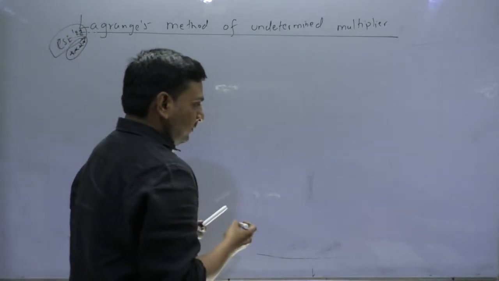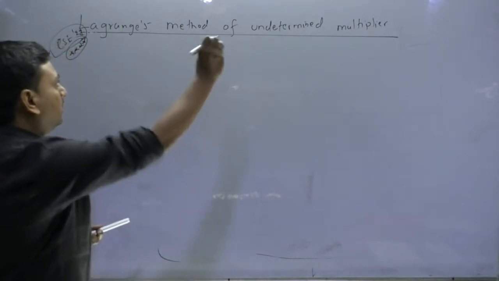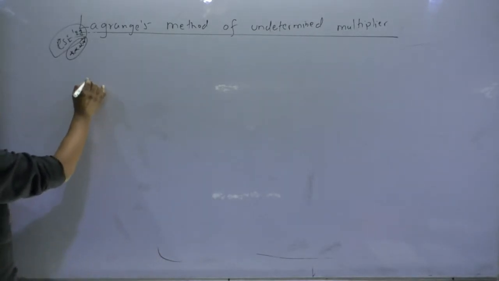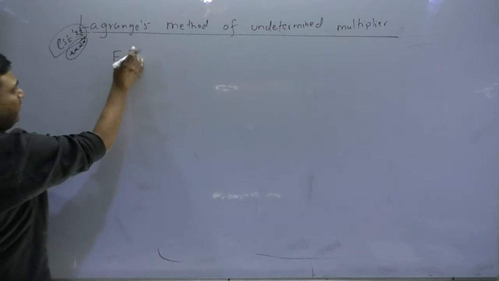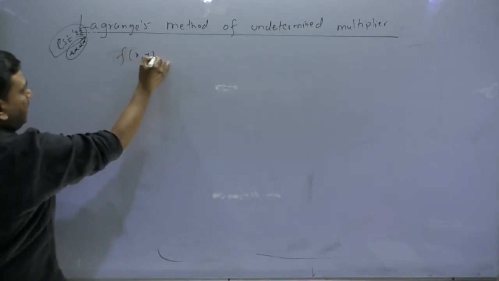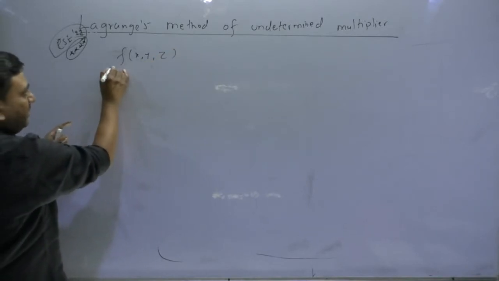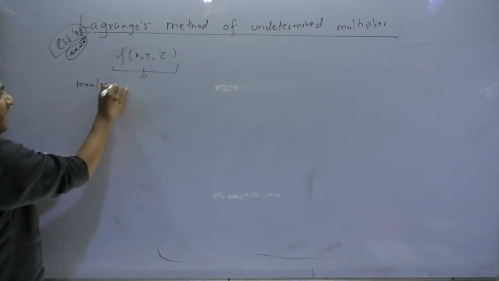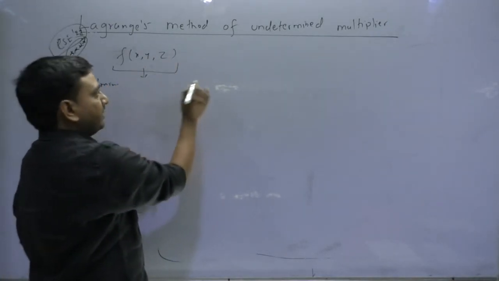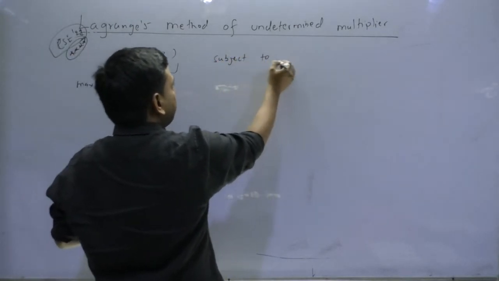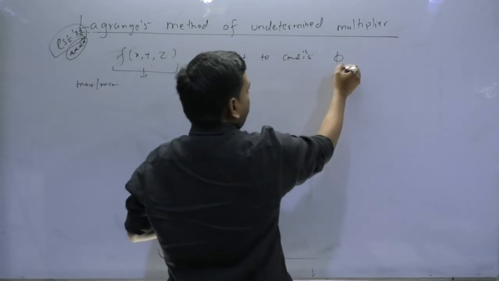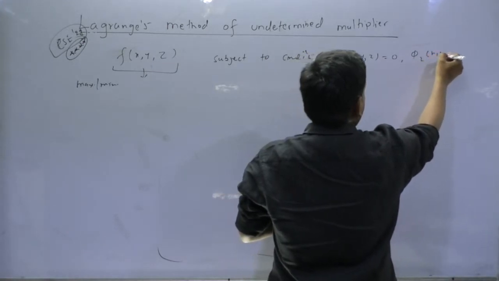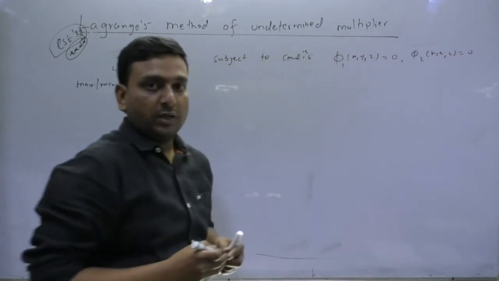चलो, तो मैं आपको बताता हूँ, देखिएगा इसका पिक्चर क्लियर कट दिमाग में हो जाना चाहिए. You will be given some function f of x, y, z. So you are asked to discuss the maxima minima of this function subject to some conditions. Let's say कोई कंडीशन आपको दे दिया, phi1 of x y z equals 0 and phi2 of x y z equals 0. क्लियर है अभी?